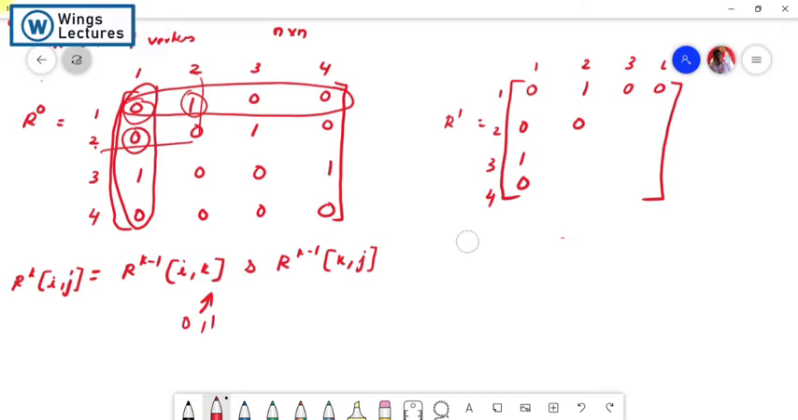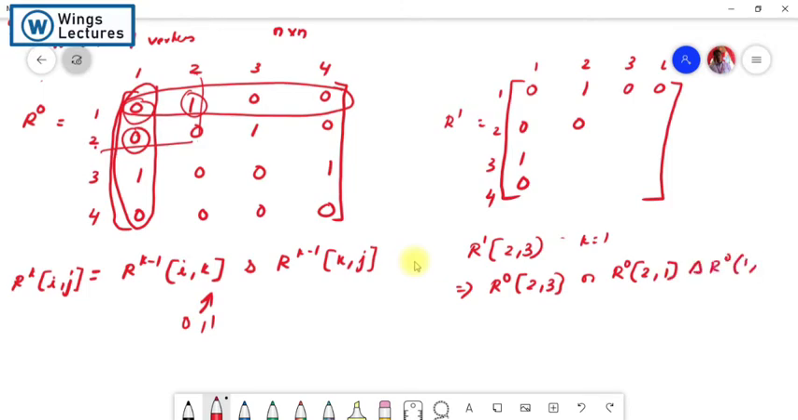Now the next step is r1 of 2 comma 3, and k is equal to 1, you know that. So the formula is r0 of 2 comma 3 or r0 of 2 comma 1 and r0 of 1 comma 3, right? So r0 of 2 comma 3 is 1. So here itself we have got the value 1, so no need to check in this part. Okay, so then let's make it 1, and then for the next step